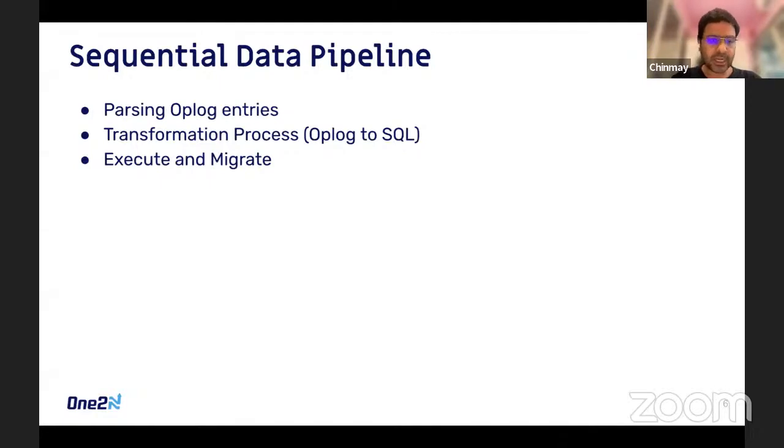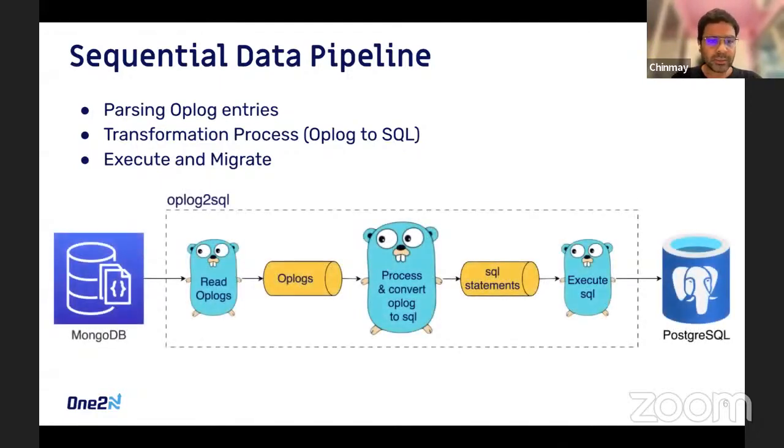And this has to run in a streaming fashion, something like this. So we're going to have a Go routine. Each of these gophers, think of them as Go routines. We're going to have a Go routine that reads the oplog from Mongo. It pushes these oplogs onto a channel of oplogs. There's going to be a separate Go routine which processes and converts these oplogs to SQL. This is where most of our business logic will lie. And